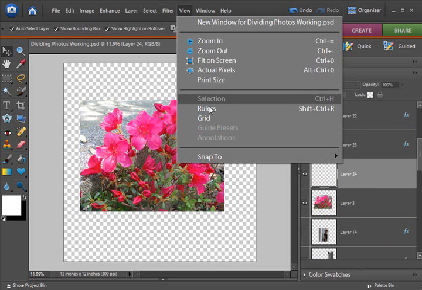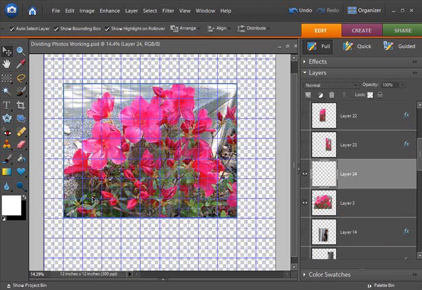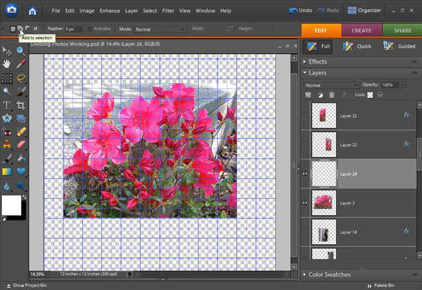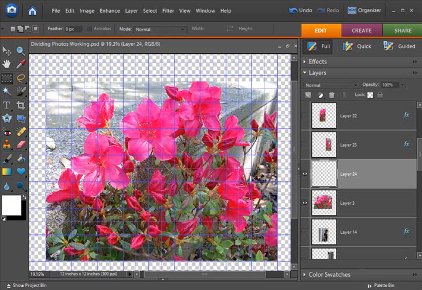Let's turn that grid back on, and I don't remember where I left this. 1, 2, 3, 4, 5, 6, 7. Okay, I have 9. And this time what I'm going to do is click right here on the Add to Selection, and I'm going to activate it. And I'm going to utilize the subdivisions. I don't know if you can see this. The subdivisions, and I'm going to make a selection